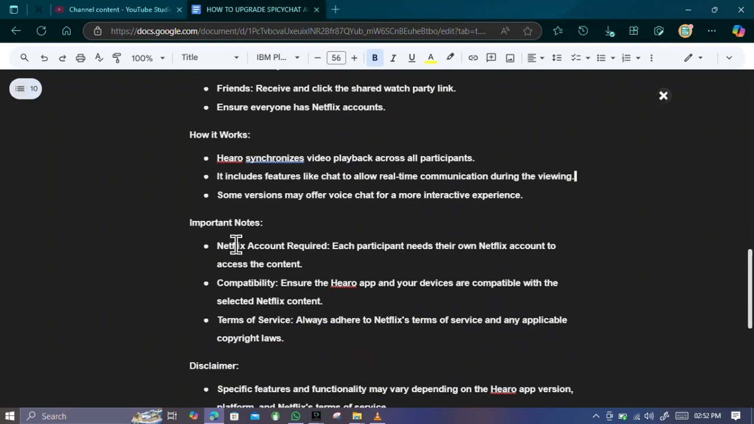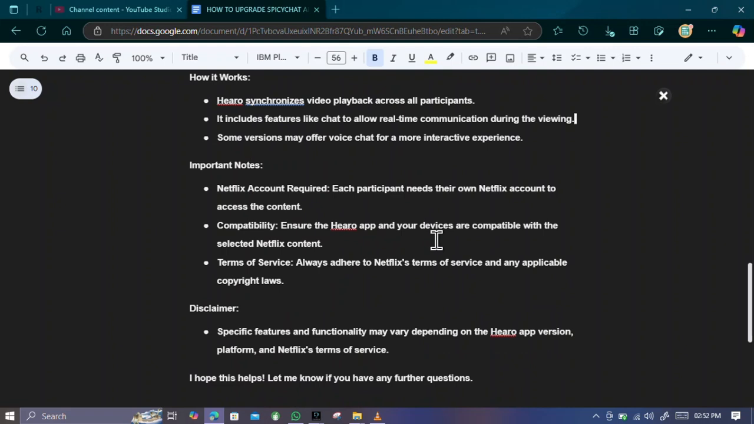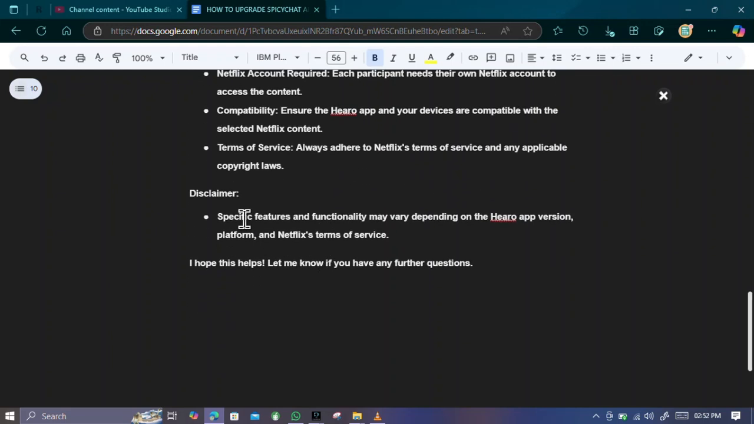Please note, Netflix account is required, which means each participant needs their own Netflix account to access the content. Ensure the Hearo app on your device is compatible with the selected Netflix content. Always adhere to Netflix terms of service and any applicable copyright laws. Now, please note that specific features and functionality may vary depending on the Hearo app version, platform, and Netflix terms